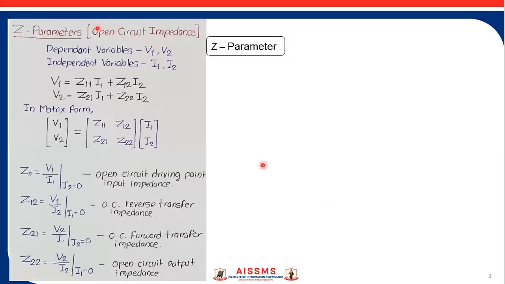First one is Z parameter or open circuit impedance parameter. In that, dependent variables are V1 and V2, independent variables are I1 and I2.